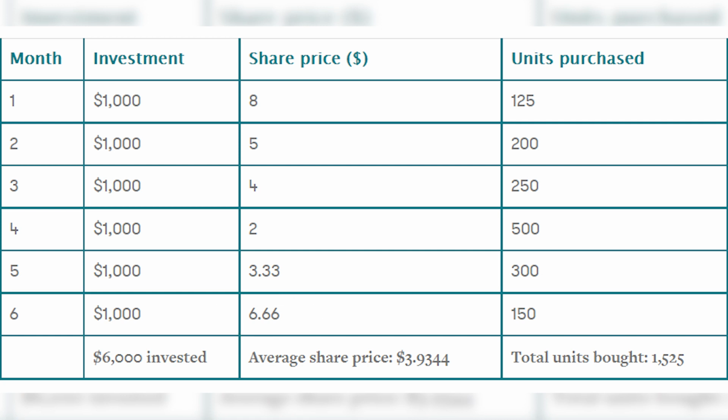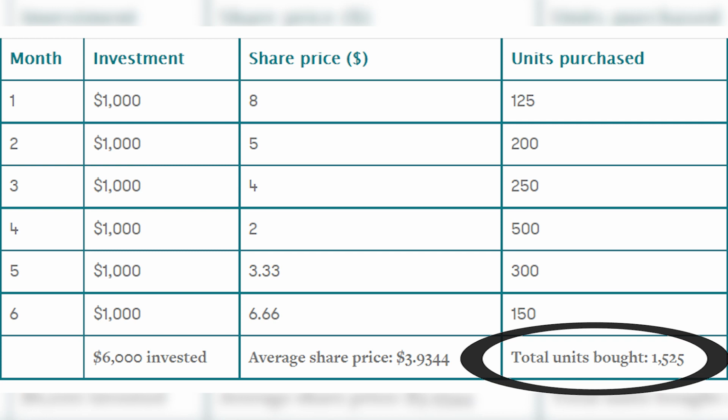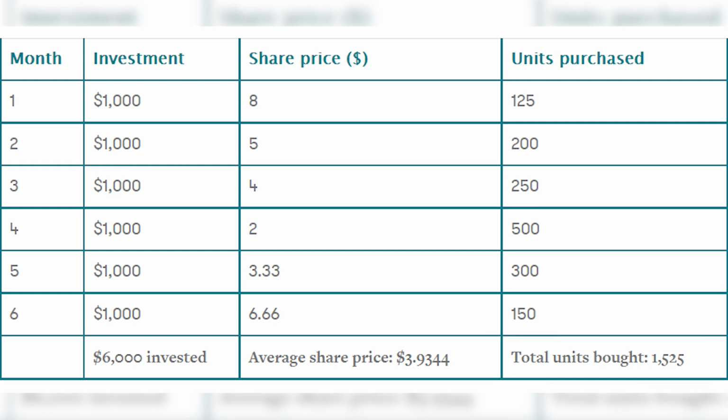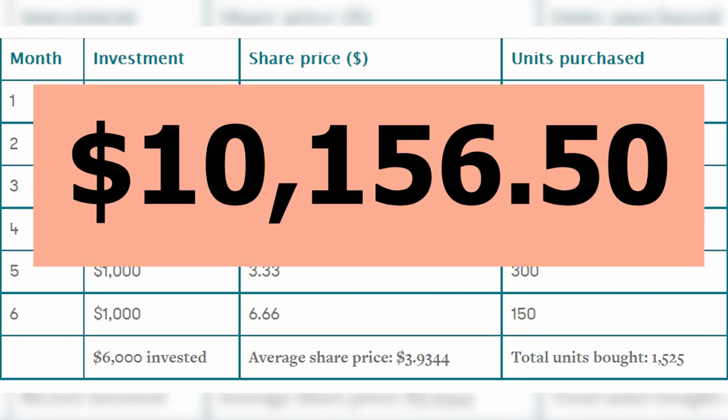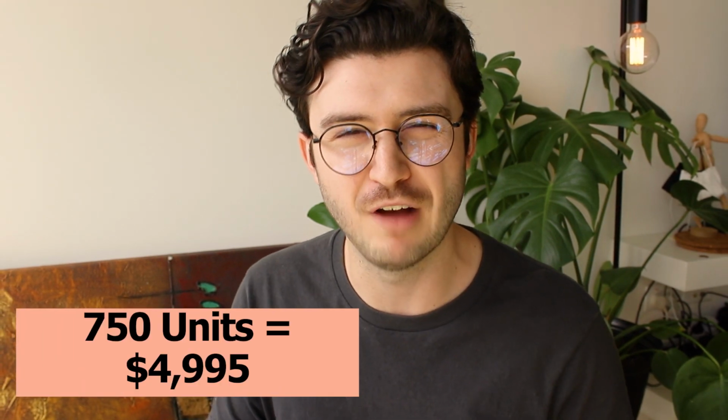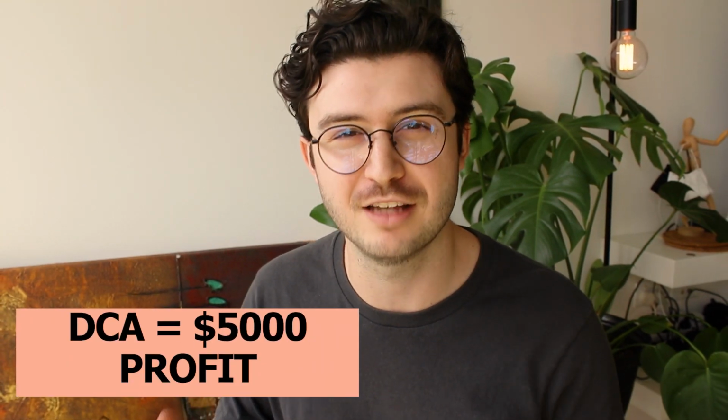This means the portfolio of 1,525 units is worth $10,156.50 at this time. If you had instead invested that $6,000 in the beginning, you have around 750 units for about $5,000. So by sticking to the dollar cost averaging approach, you've actually made a profit of $5,000 in this